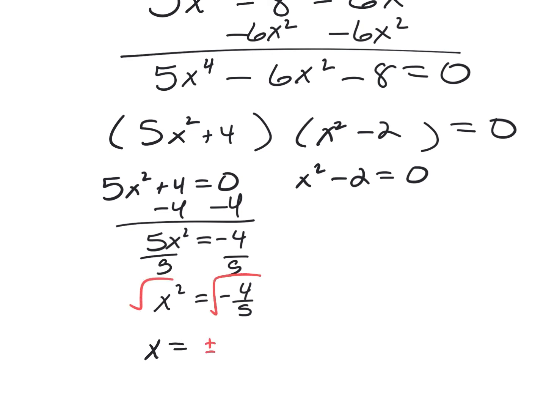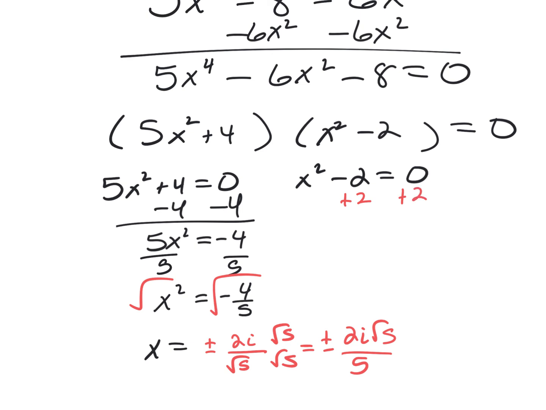I would get plus and minus 2i over the square root of 5, and then I would need to rationalize. So plus and minus 2i radical 5 over 5 would be the imaginary solution for x. So WebAssign, that would have been no solution for that part, but over here we're going to get an answer,